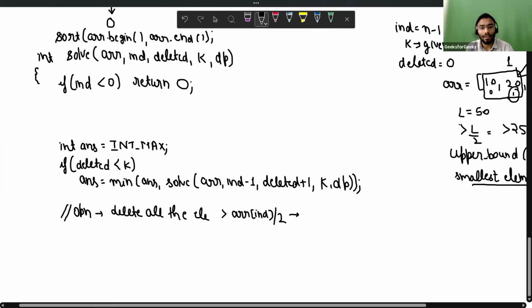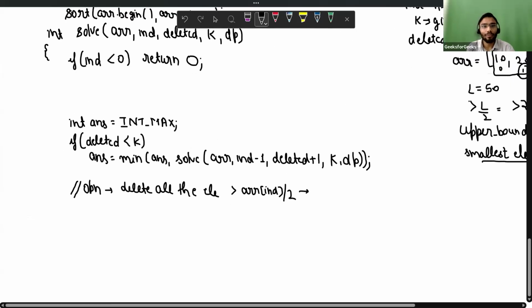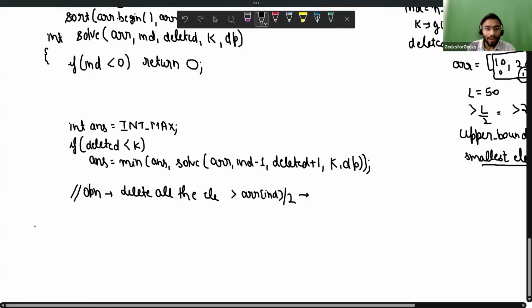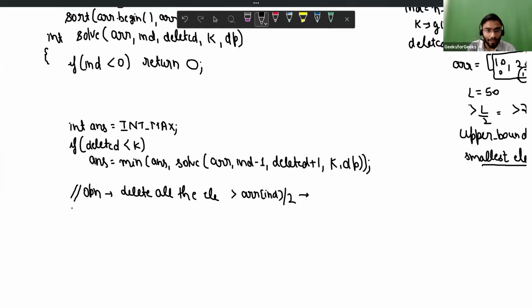I can do that. I will tell you, see, this was my function. How can I do that? I want to find the index. Let's write int i equals to upper bound function, and what it will do, it will take arr dot begin, arr dot end,